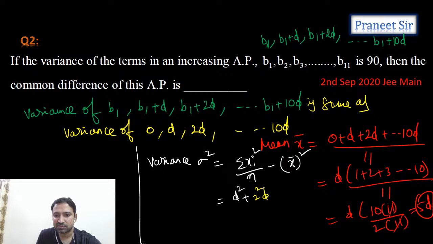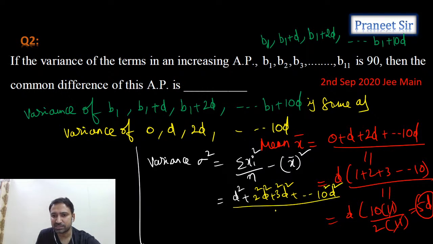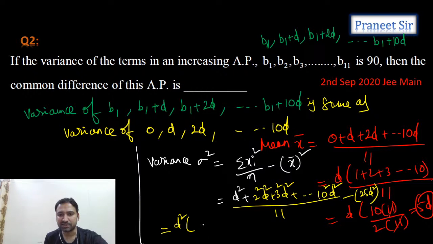2 square into D square plus 3 square into D square plus so on up to 10 square into D square, by 11, minus x bar whole square, that is 25 D square. Okay, this is what we're getting. But tell me, guys, if you take D square common, how much do you get? This is 1 square plus 2 square plus 3 square plus so on up to